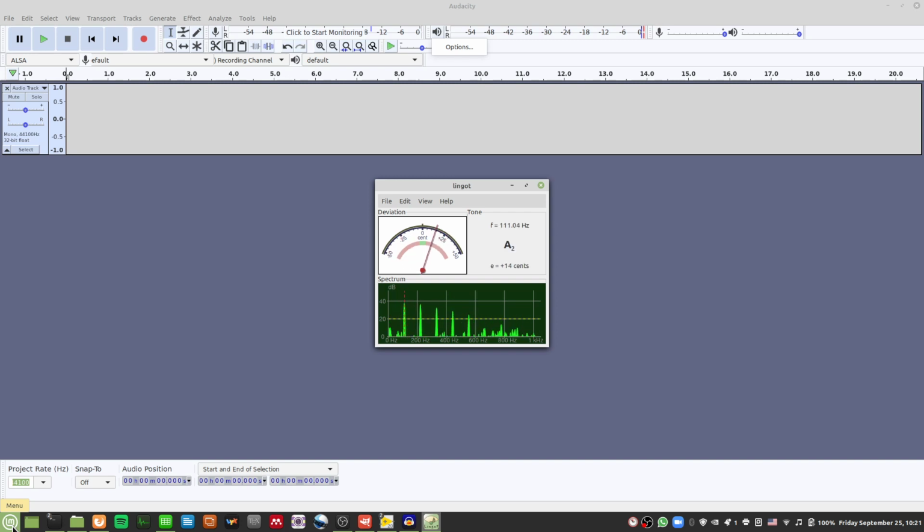Slightly sharp, and notice the frequency as I'm tuning. You notice this A is about 110 hertz, and this A is one octave up, about 220 hertz, and this A, another octave up, is about